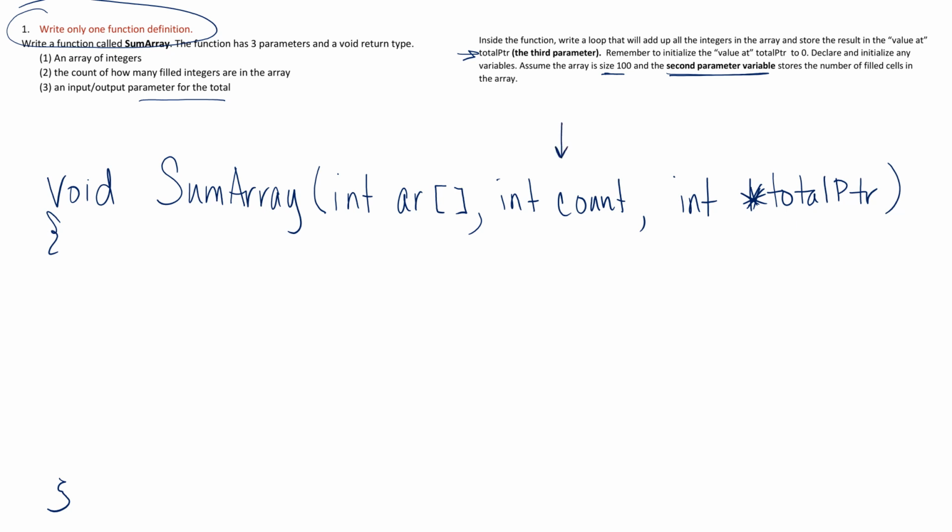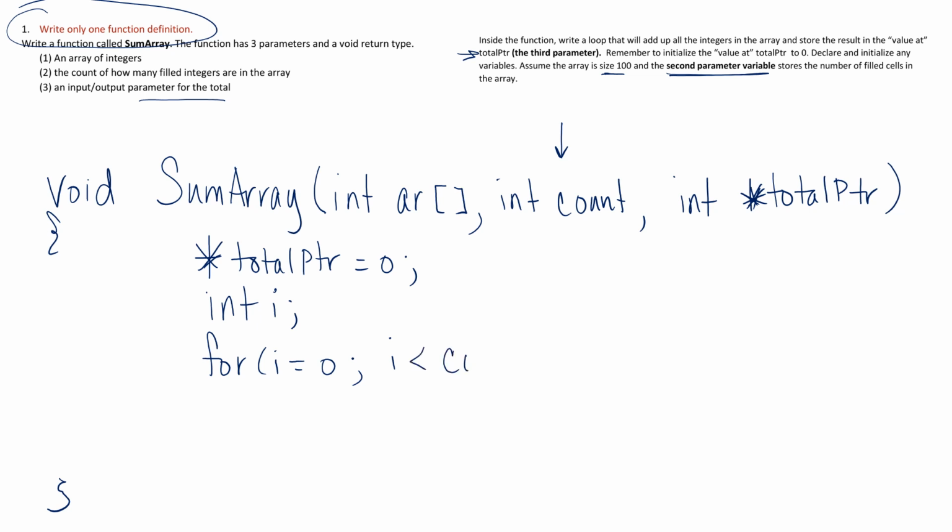All right, so we're going to initialize value at total pointer to 0. We're going to use a for loop, so I'm going to declare i, and we'll start at the beginning of our array, go up to count, go 1 by 1 through each element in the array,